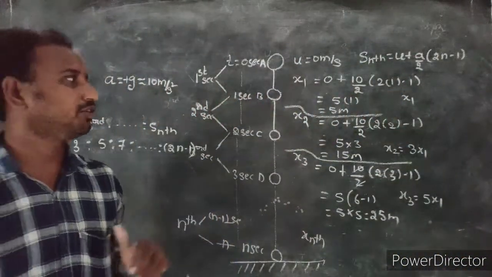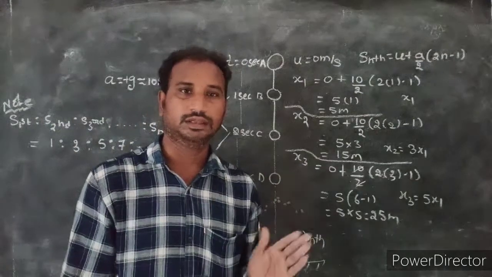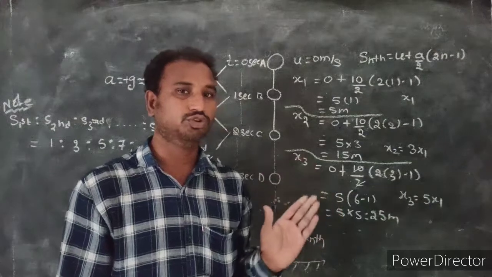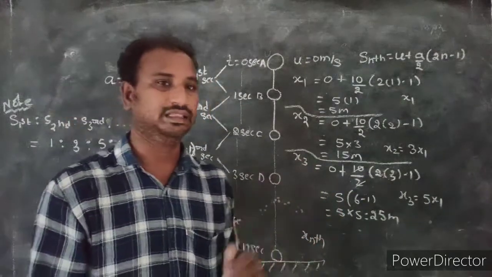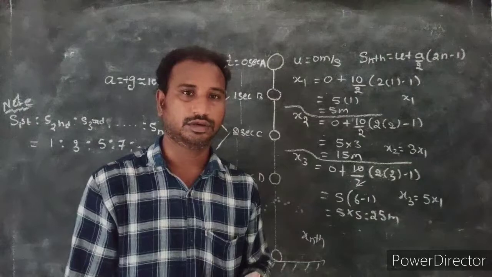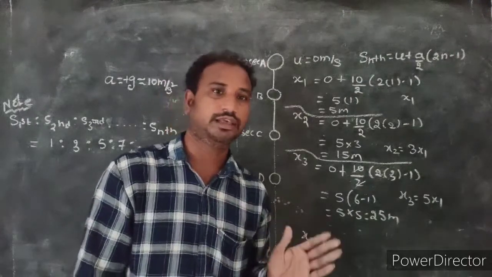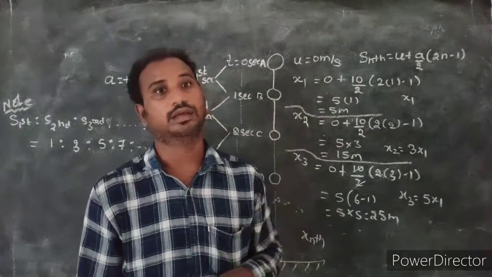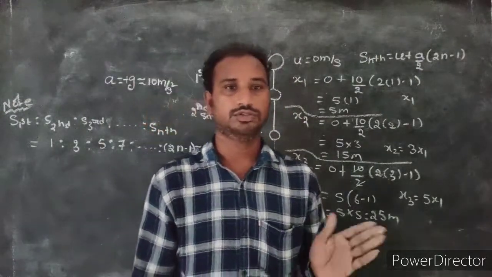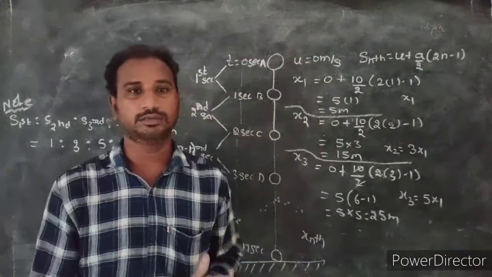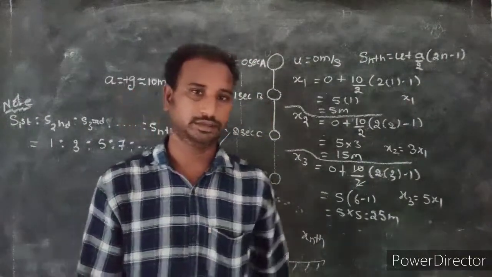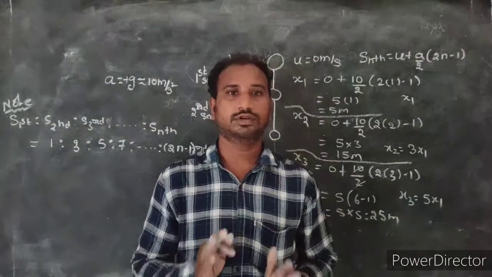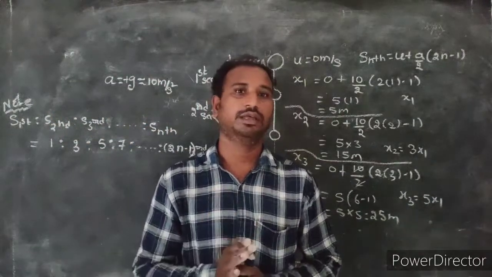What is the necessity of the nth equation? That fourth equation of motion is used to find out the displacement at nth second. Okay, understood. The second equation is only used to find the displacement in 1 second, 2 seconds, 3 seconds. But here, the fourth equation of motion is used for finding the displacement at a particular second. Okay, understood? Students, if you have any doubts, you can give a comment and I will reply